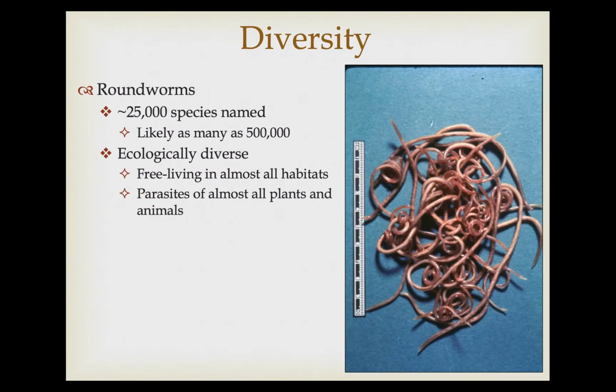This is a very diverse group. 25,000 species have been named, but the estimates are that there could easily be 500,000 unnamed species. And this is because they're especially ecologically diverse. We have lots of free-living forms in almost all habitats, and they're parasites of almost all plants and animals that